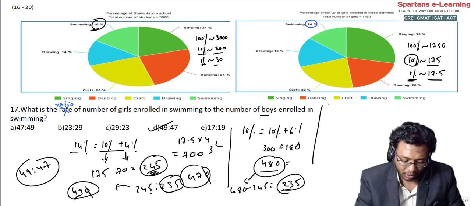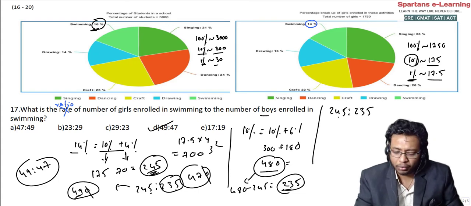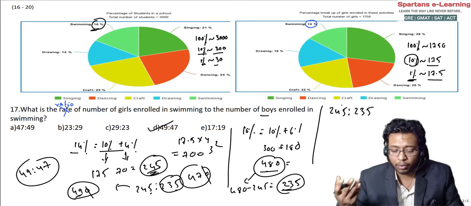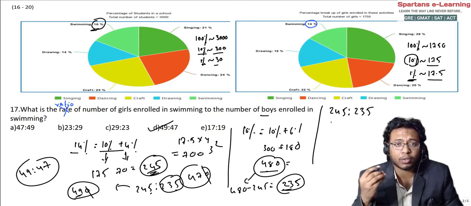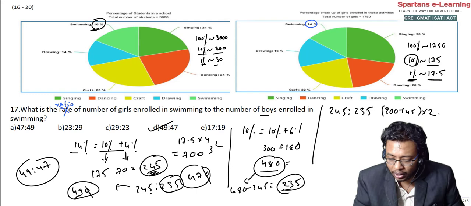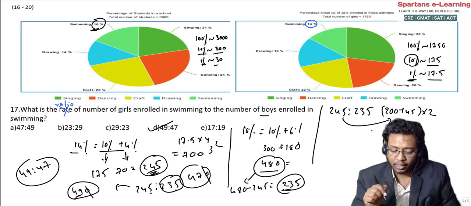Now what I am doing here is, I'm getting 245 is to 235, right? Instead of cancelling 5 here, what I will do is, if I can directly multiply with 2 on both sides, right? That I can do orally also. 245 into 2, how I multiply is 245 can be written as 200 plus 45, right? This into 2. That way you have to multiply. So even this thing you can do orally also, right? So I showed you how to do orally. That gives you 490.